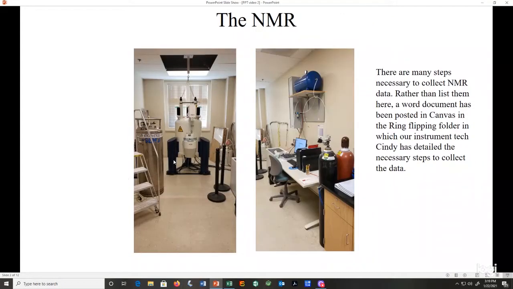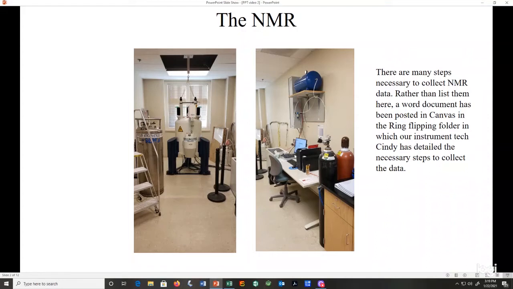Here's our NMR in the department. And you can see this is the main unit. It's got the magnet and it's cooled with liquid nitrogen, and there's liquid helium in there as well. And then over here we have our center where everything is controlled by the computer, and we have some gases that are also supplied to the NMR. Really the only thing that's done here is to fill cryogens and put the sample in, and everything else is